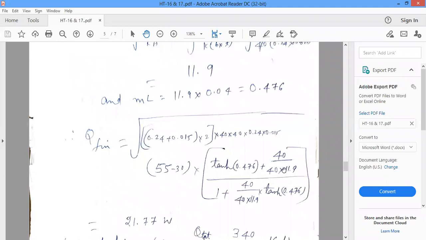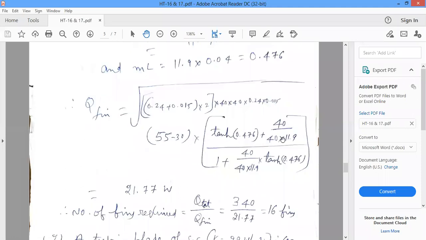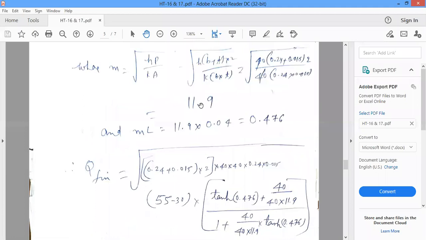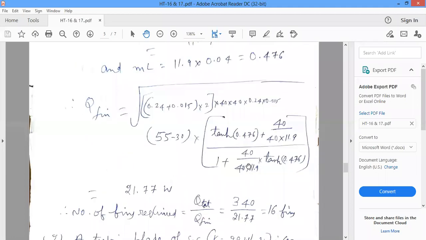0.476 plus h by Km, h 40 divided by K value 40, so 40 divided by 40 into m value, what is 11.9. So 11.9 divided by 1 plus h by Km, 40 divided by 40 into m value 11.9 into tanh ml. Tanh ml value